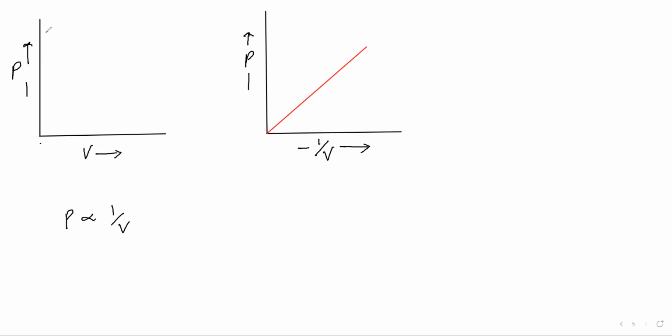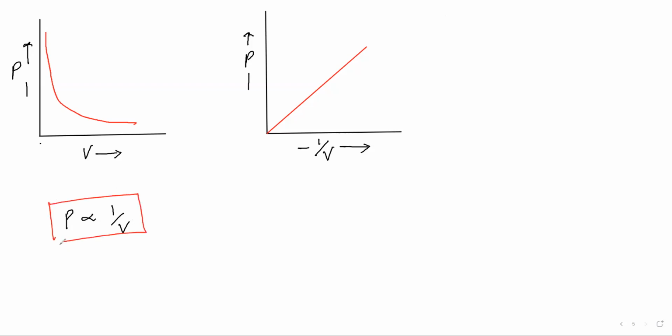But still, let us see the position of our graph. It will be like this. If we have pressure and volume, see what I do, I just put a 0 here, then this will become 1 by infinity. So when pressure is 0, volume is infinity, then it will be like this. And then if I put volume as 0, then pressure will be at infinity.